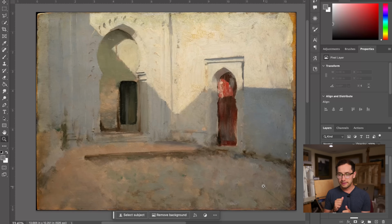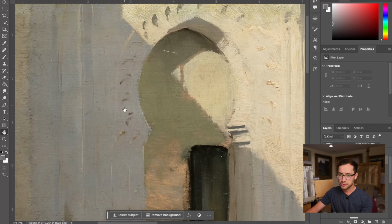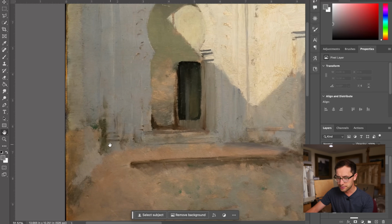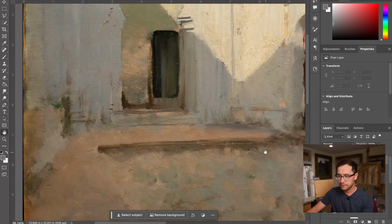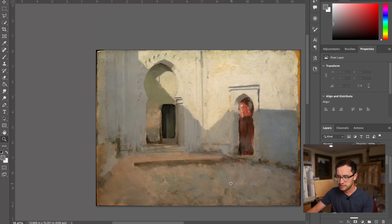these objects. A lot of people, if they were to paint something like this, may be tempted to go into every little detail, to paint every little nook. But if we pay attention to the way that Sargent handles some of these details, so looking in on some of the designs at the top of this archway, we see how they're just simple brush marks. The corners of perhaps what are these, maybe jambs, I'm not entirely sure, and then this little level on the ground, this shadow, as it looks like there's a raised platform above here, above maybe some more gravelly dirt below it. Sargent wasn't going into painting every detail because he was focusing on painting the effect of light,